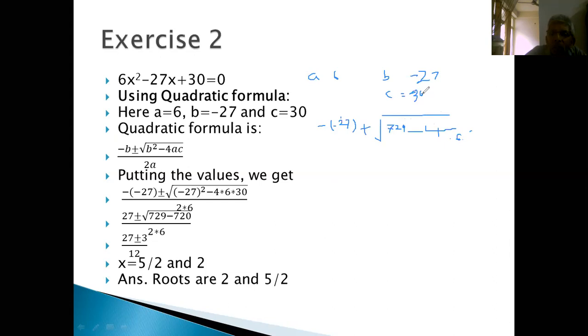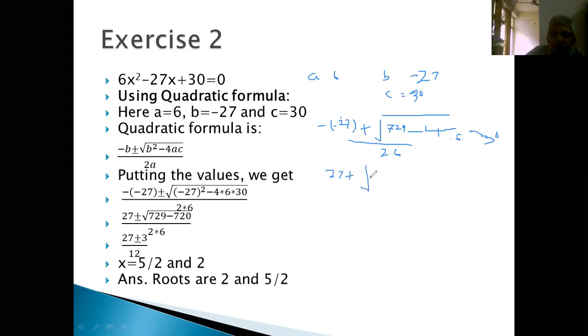C is 30. 4 into 6 into 30, divided by 2 into 6, which makes it 27 plus,